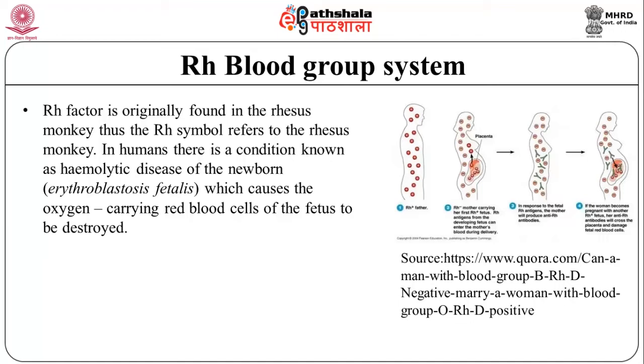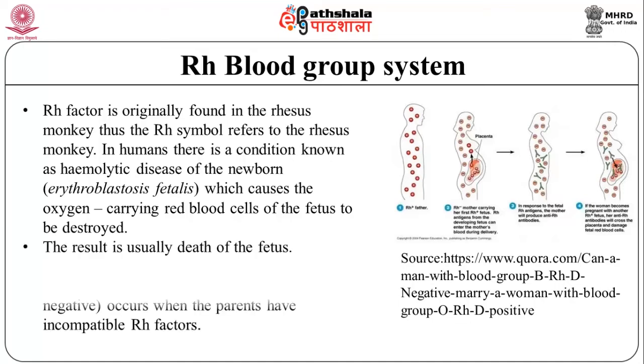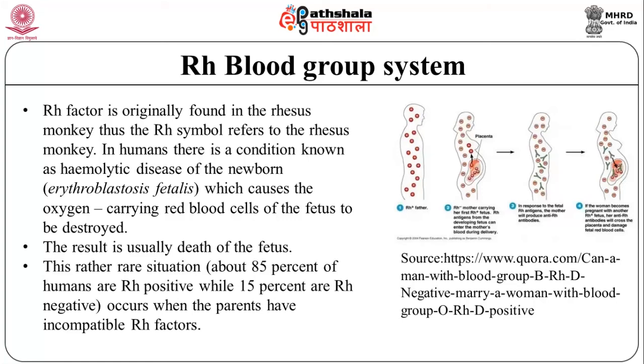In humans, there is a condition known as hemolytic disease of the newborn, that is erythroblastosis fetalis, which causes the oxygen-carrying red blood cells of the fetus to be destroyed. The result is usually death of the fetus. This rather rare situation, about 85% of humans are Rh positive while 15% are Rh negative, occurs when the